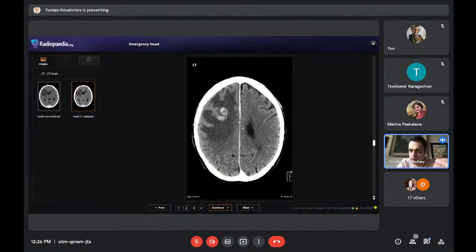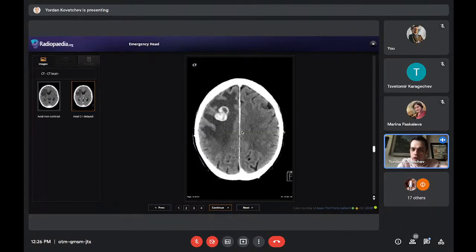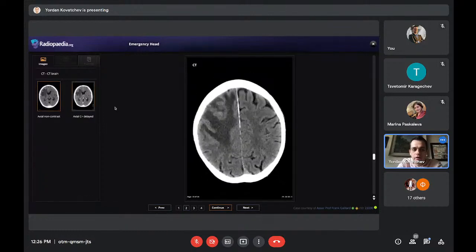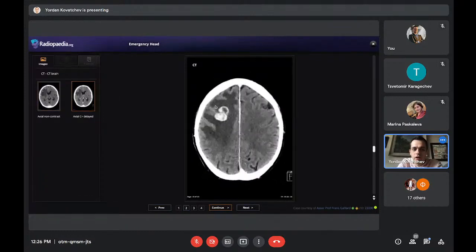So this is the contrast CT, right? We're looking at what is contrasting and what not. This is how they are on the non-contrast. And then we look at the contrast CT, and they are enhancing on the periphery. This one, well, a bit heterogeneous, but this one on the periphery, we call this ring enhancing lesion. And with the ring enhancing lesion, 90% it's a metastasis or a primary tumor, but also it could be an abscess. It's really important when you see that, check the laboratory data, talk with the referring physician.